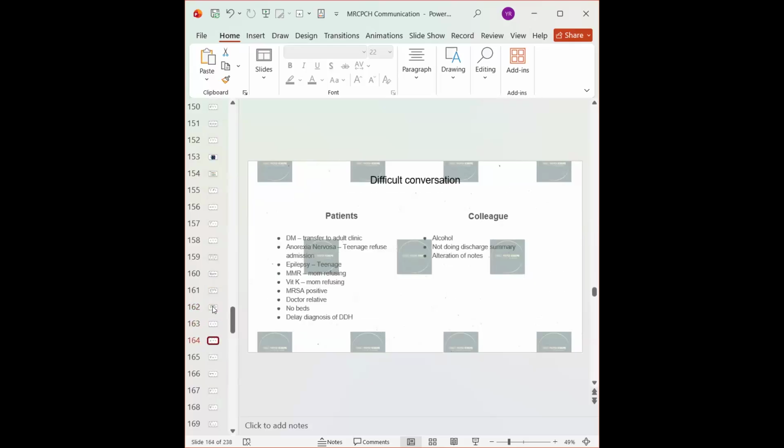So a difficult conversation can be with the patient or with the colleague. For example, an adolescent who is very resistant to being transferred to an adult clinic, or an anorexia nervosa teenager, which commonly appears in exams, who refuses admission. Teenagers are usually difficult.